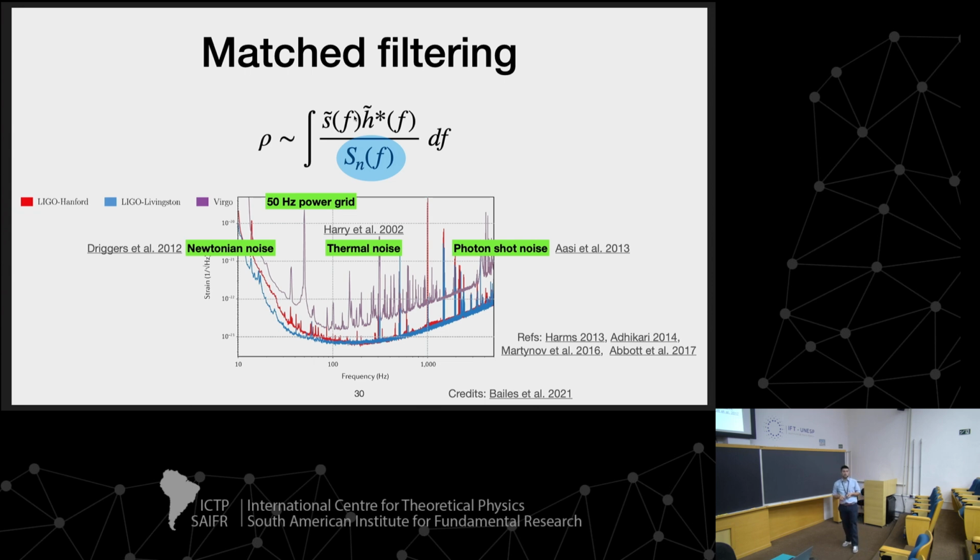Mid-frequency, you have thermal noise. That can be, for example, the vacuum that is not perfect, the coating of the mirror that is not perfect. This is providing noise. And at a low frequency, you have Newtonian noise. This means gravitational wave fields generated not by the gravitational wave passage, but could be like anthropic noise or seismic noise, and this is going to have an effect on low frequencies. I'm putting down many references if you want to look more into the noise part.